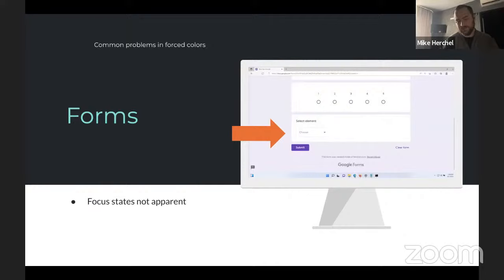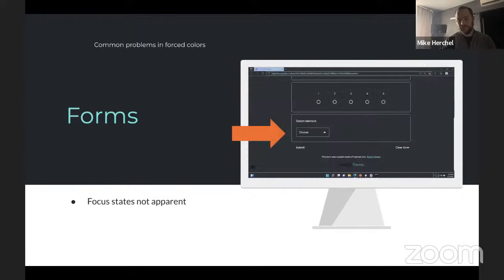Something else that I see a lot is focus states are not apparent. In the same element right here, this is what the focus state is when you're in regular mode, not in force colors. It just changes the background color, right? But as I said earlier, we know that the background colors are not apparent in force colors mode. So the focus state just doesn't work. The focus state is active here, but you can't tell that because background colors are removed. So this is obviously a clear violation of focus visible. You can't tell that this is focus.